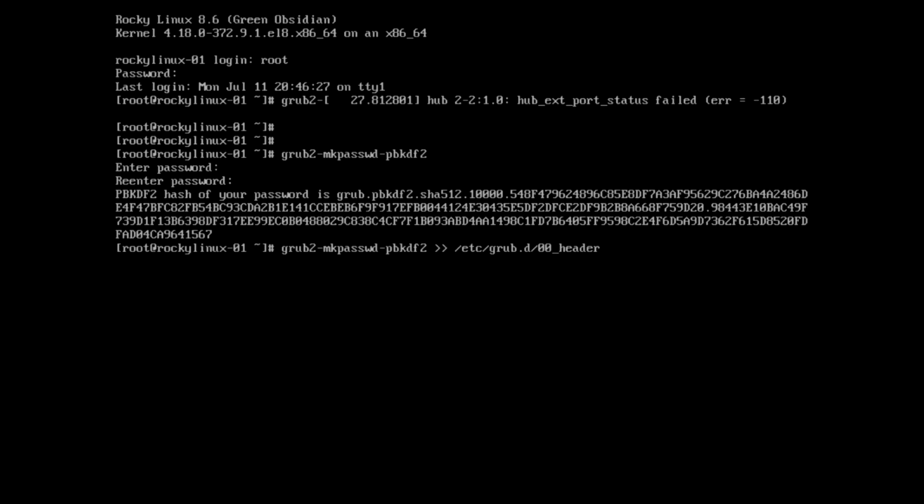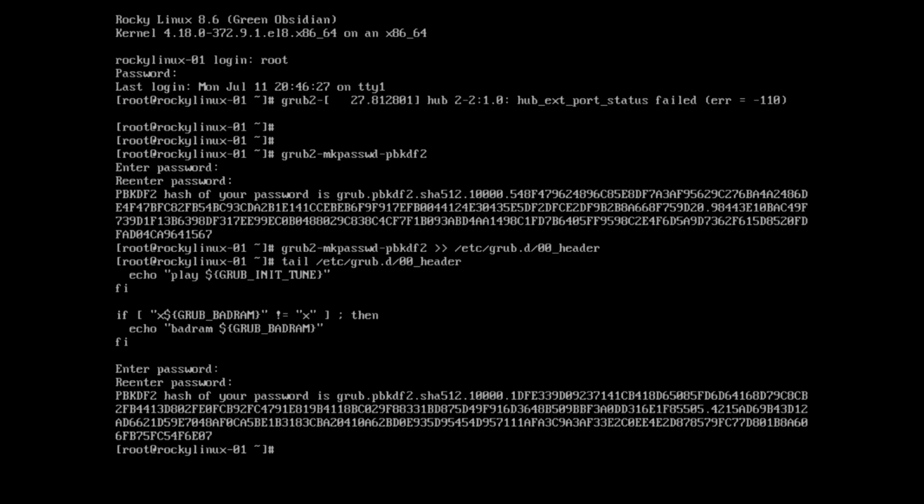So provide a password and press enter. Then again provide the confirm password and press enter. Check what has been output in the header file. Good.